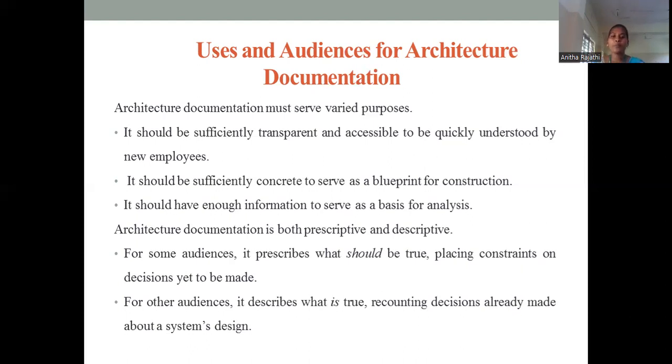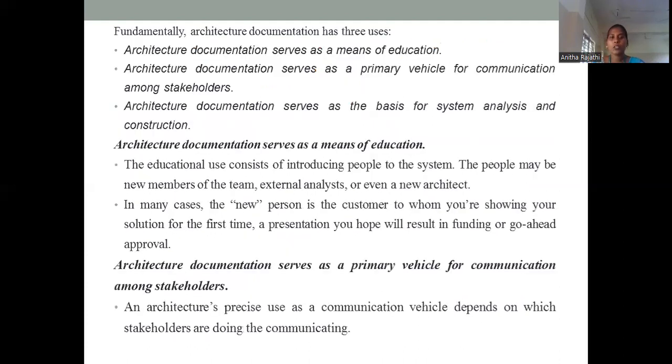So for some persons, if you give a prescriptive document, that will be useful. For others, you have to describe something and tell them, because they cannot take decisions on their own. They have to be given what is right and what is wrong. For some very experienced persons, they can just understand what is what and they can do it. So that is why we have two types of documentation, prescriptive and descriptive. The next one is